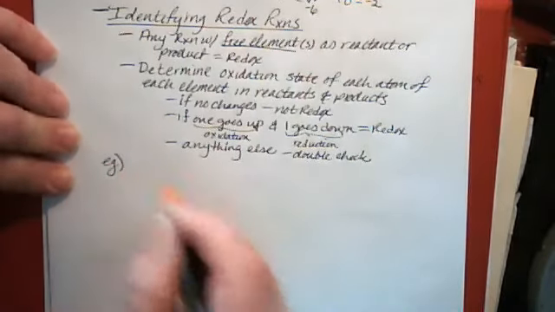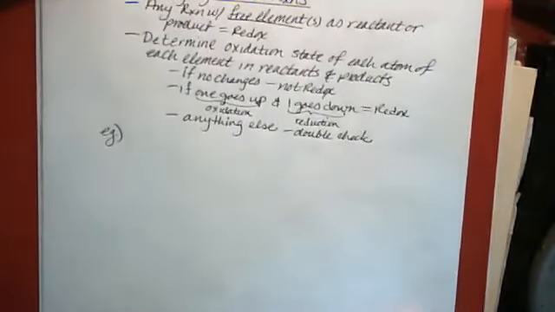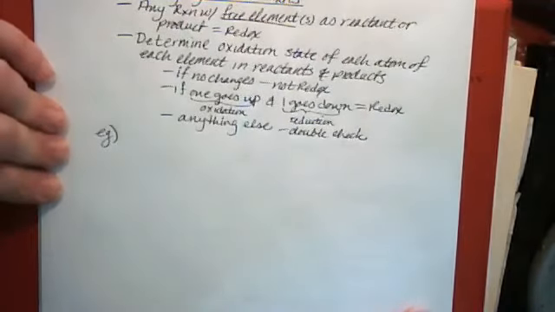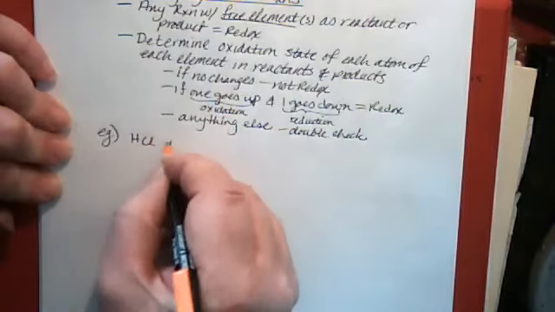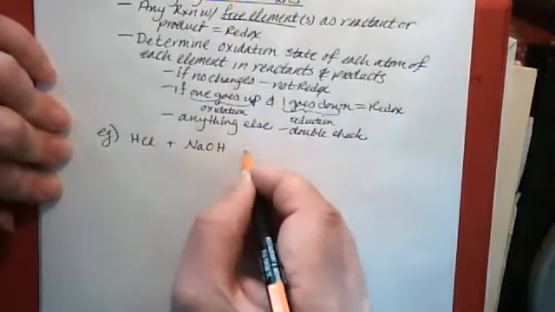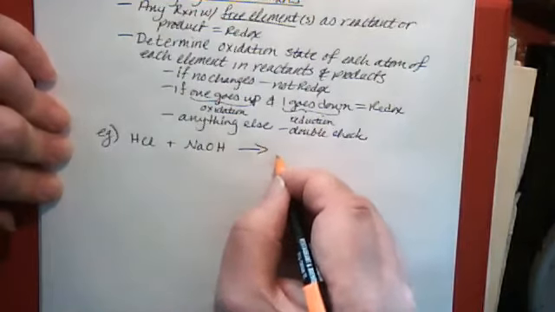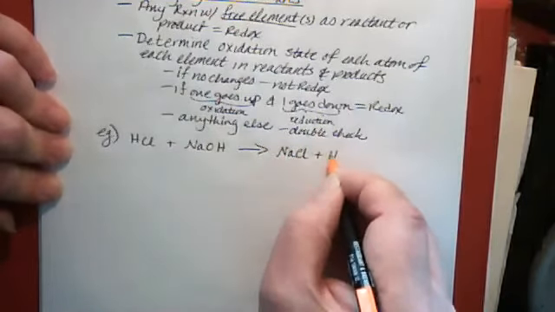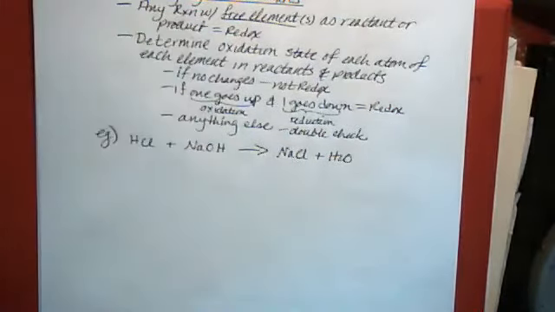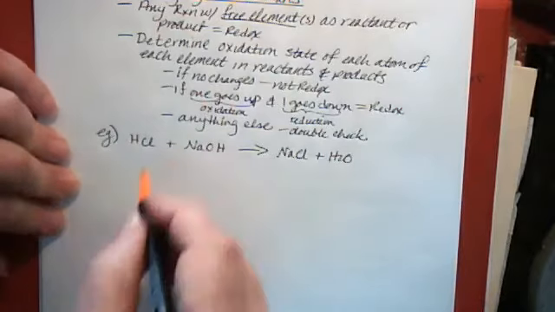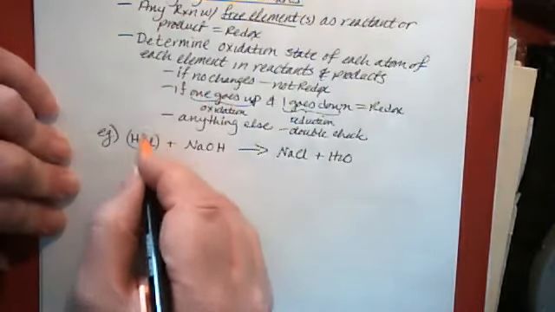And some examples of things that might be redox or not redox would be, say, for example, HCl and NaOH will produce NaCl and H2O. If we assign oxidation states to each atom of each element on both sides of the equation, and then compare products to reactants and see if any of the oxidation states change, then we can see whether this is redox or not. Okay, and HCl, we know that